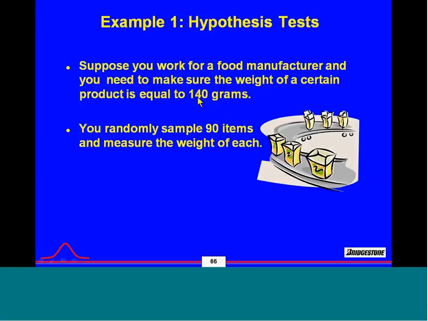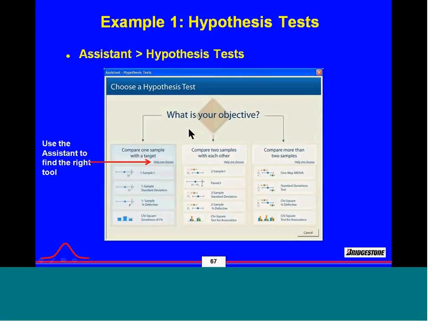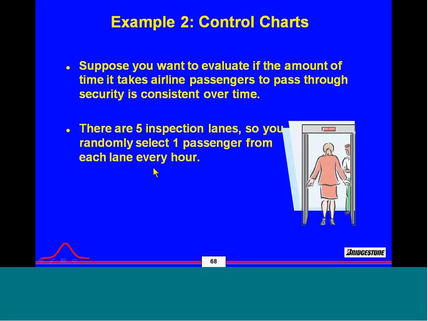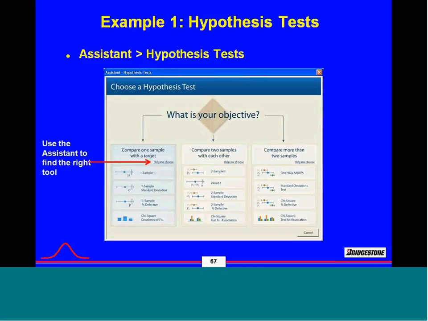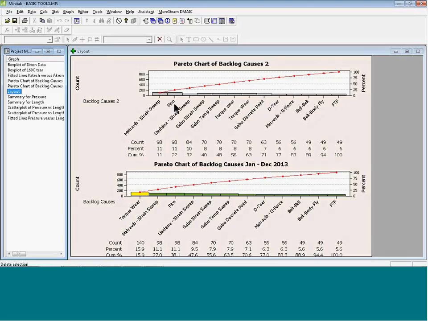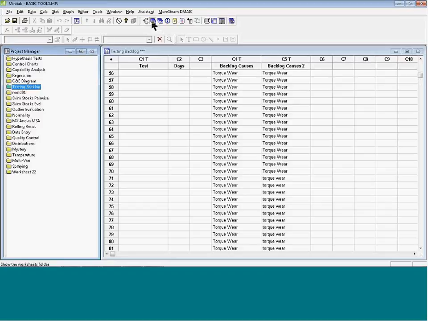Well, here, weight, grams, and I've got just a single sample. Now, the sample might be made up of 90 items, but it's still just a single sample. Compare it, that's the run to go down. So if we were to jump over and look at my data sets again,